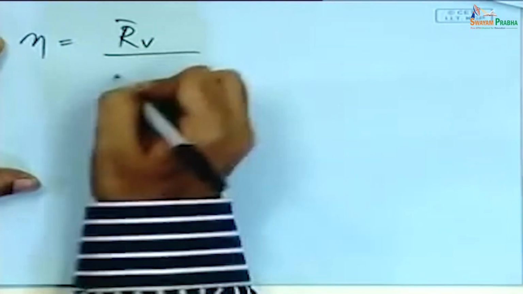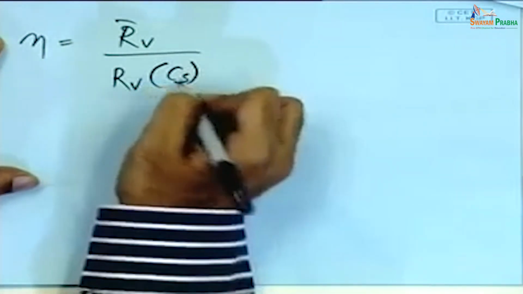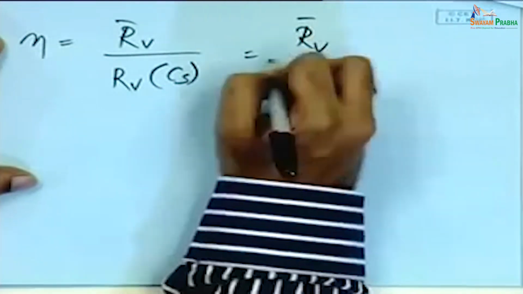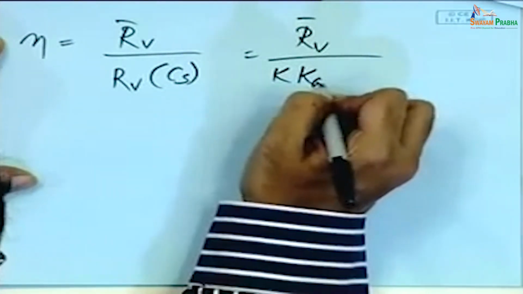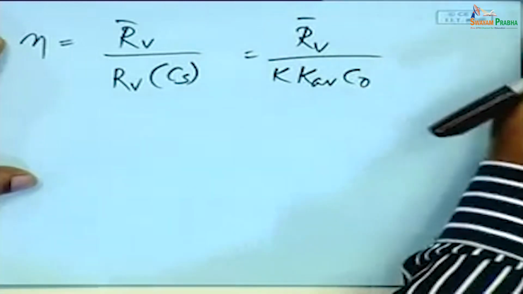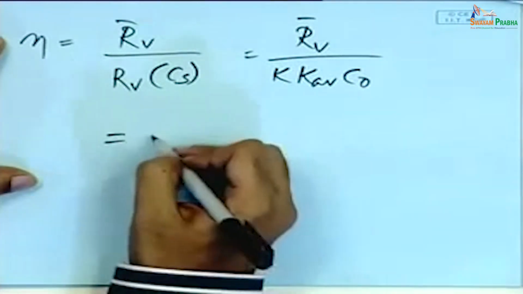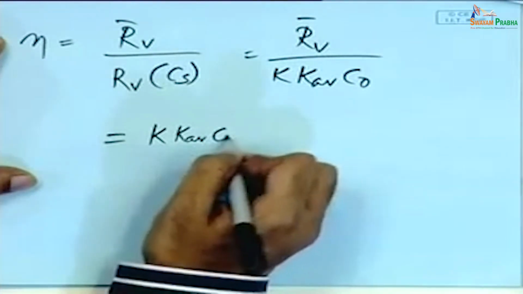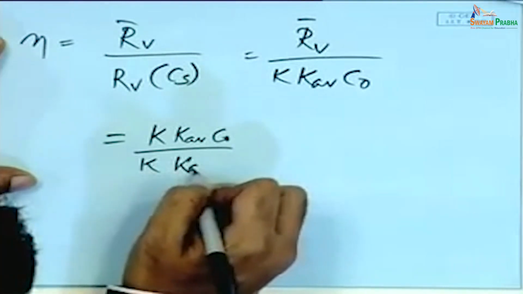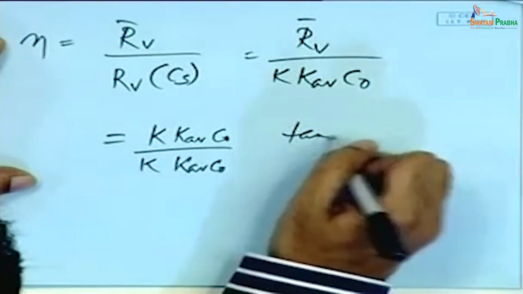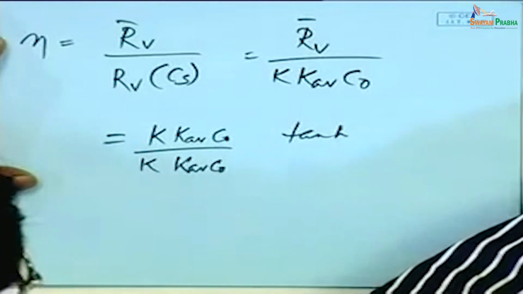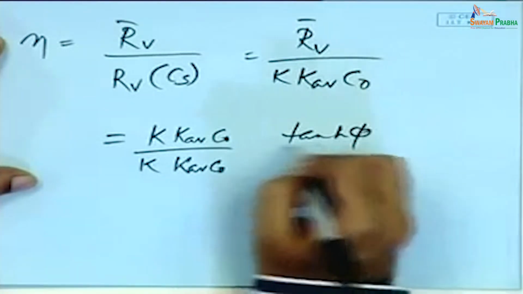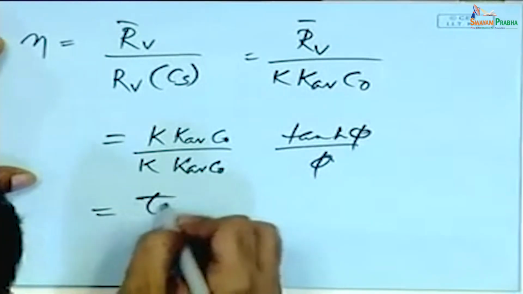So this is what you have, and then your eta is going to be R_V over R_V at CS now, which comes out to be K kV C naught over K kV C naught tan hyperbolic Phi over Phi equals